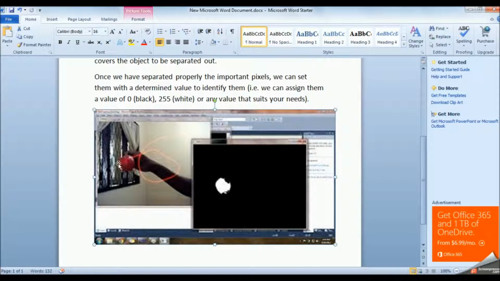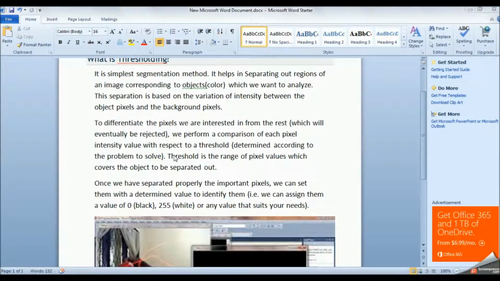Here we want to reduce the background and only detect this red color apple. So we have done red color thresholding, and see the output. That object is marked with white color, that is assigned a value of 255, and the rest of the background is given a value of 0, that is black. So the next question is, what is the concept of pixel value or pixel intensity, and how can we realize these values practically? This can be done with a small activity.